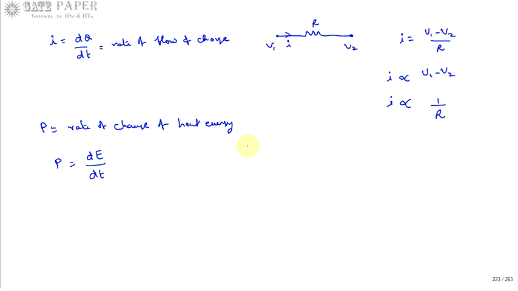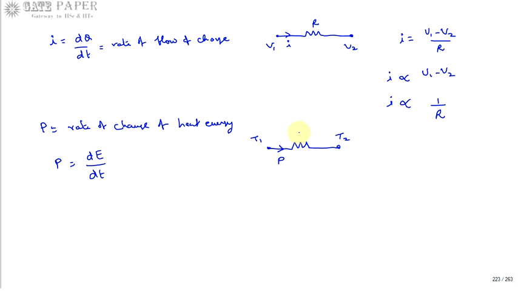So the same thing can be expressed. Previously it was the rate of flow of charge, now it is the rate of flow of heat energy. The energy is moving from one point to another. Previously current was flowing through a resistance, and now the power is flowing through some resistance. So P is related to the change in temperature, because heat moves from a high temperature medium towards a cooler medium.